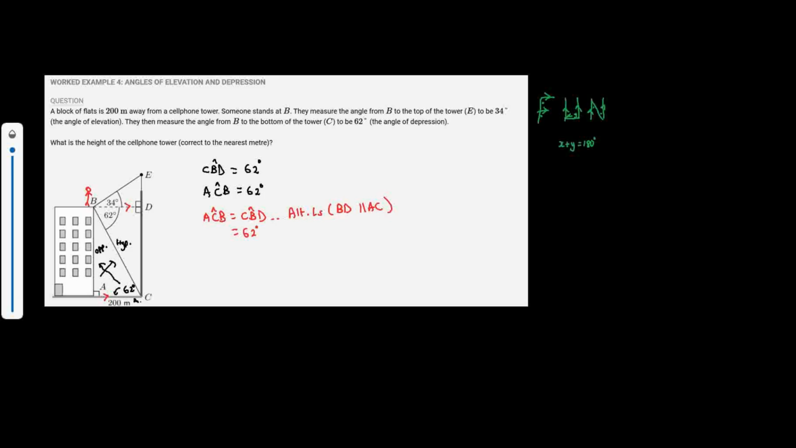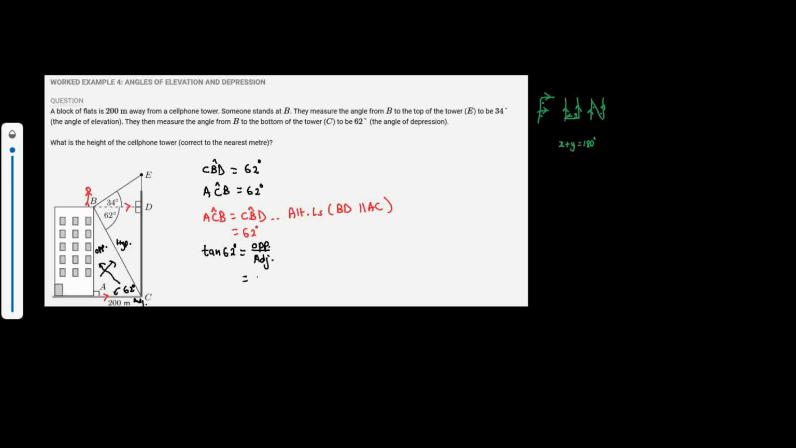So AB is the opposite and AC is the adjacent, right? Now, which trig ratio involves the opposite, because that's the length I wanted to find, and also involves the adjacent? That is going to be tan. So I'm going to say tan of 62 degrees is equal to the opposite length over the adjacent length,